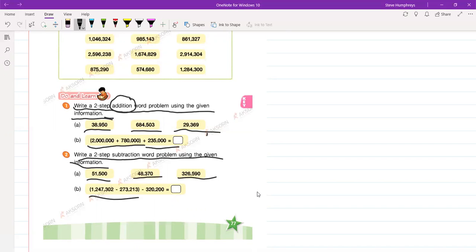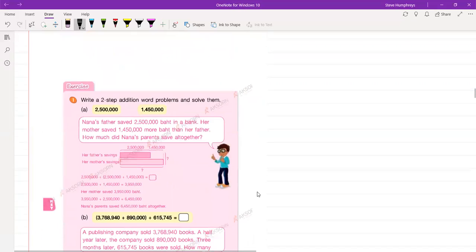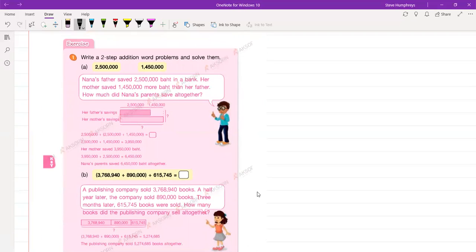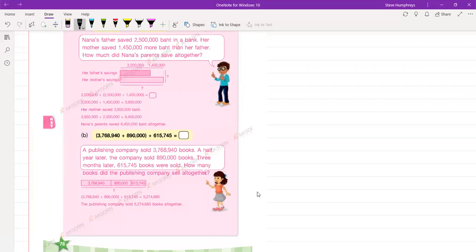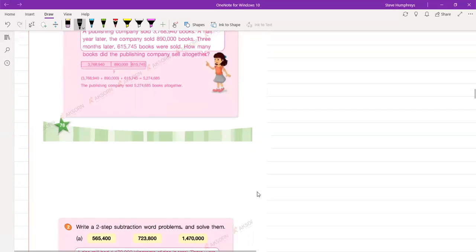Here it gives you a number sentence. I think we'll do those when you come back to the classroom. And the next page, 78, and 79,